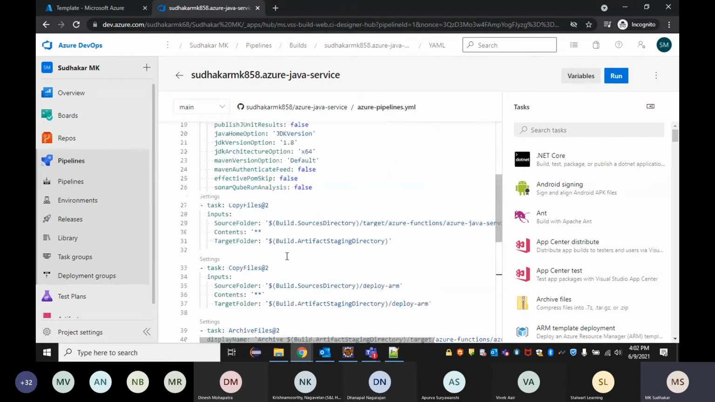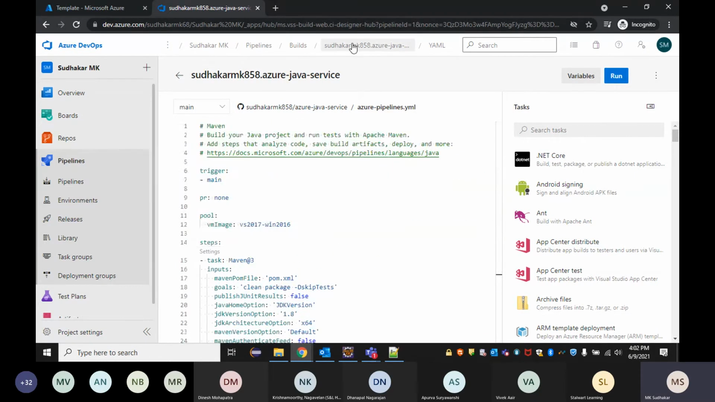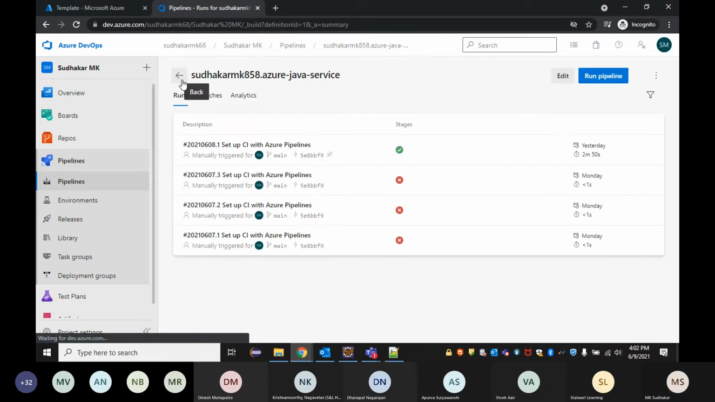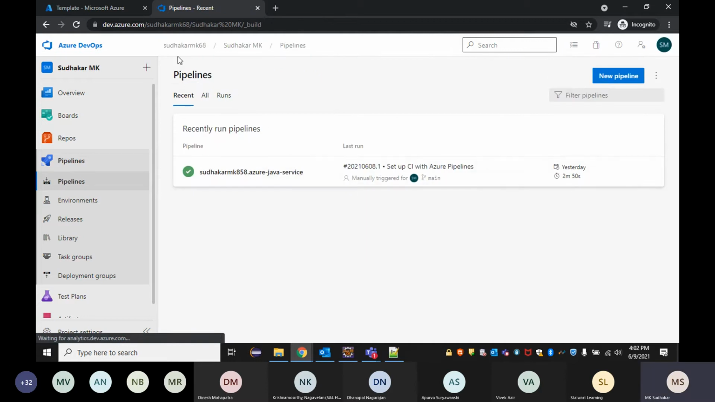Okay, so once we have the YAML file ready, that means we are good with the CI pipeline. So the continuous integration pipeline is ready, which is going to create a build for us. Now, let me come back